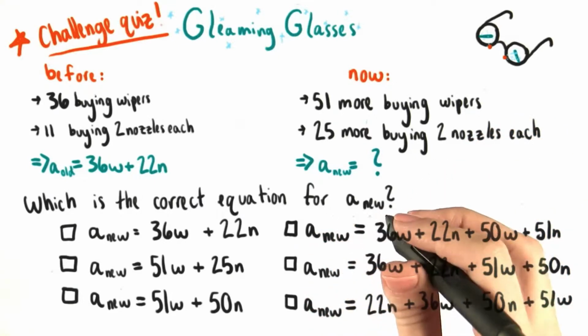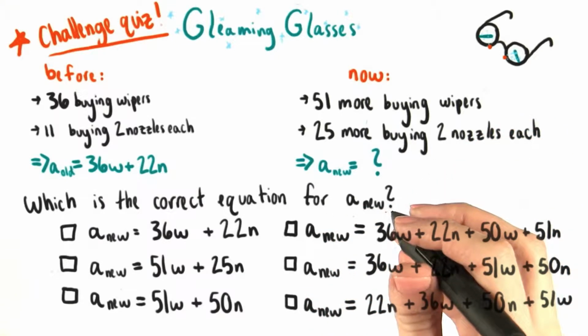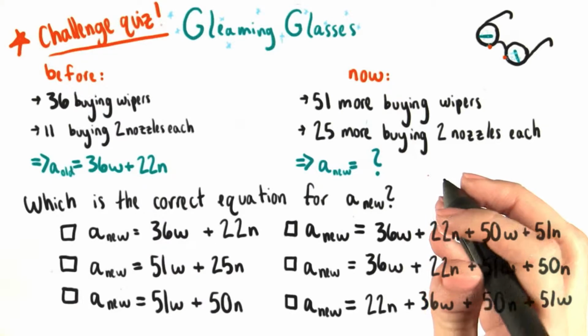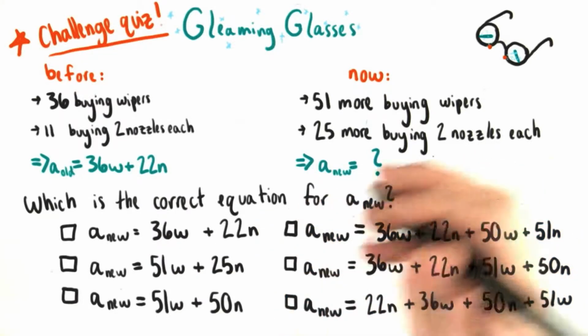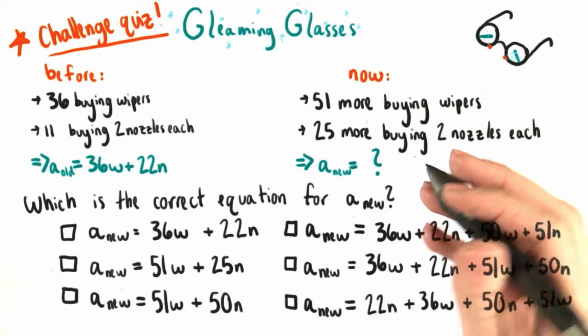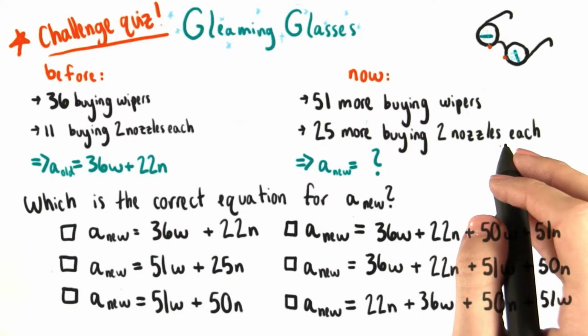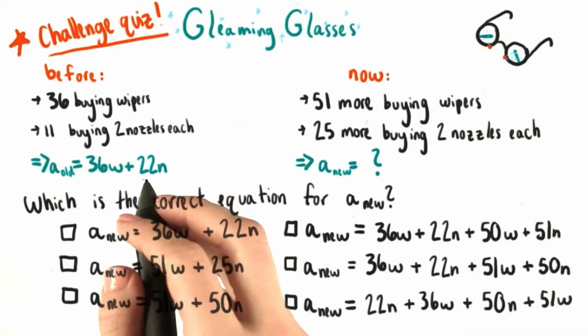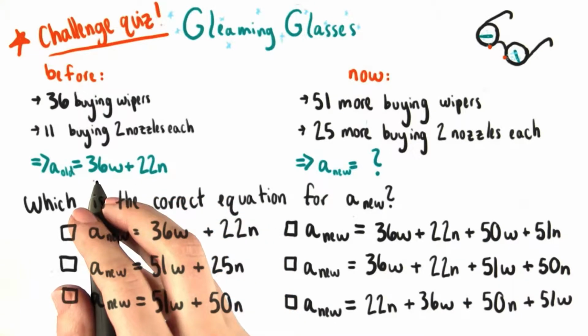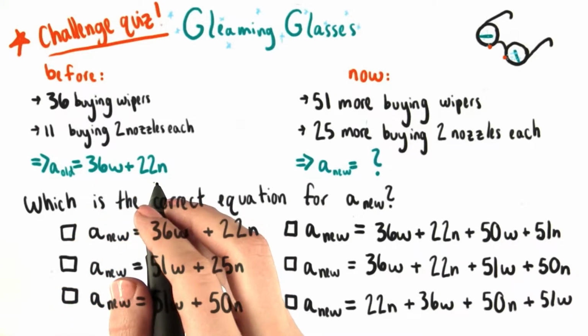So we want A new, what we're looking for, to equal the total amount of money that Grant can count on getting from his friends after the second day of sales. So that needs to account for the money from the people who bought on the first day and the money from the people who bought on the second day. We already know from this equation we came up with earlier that he'll make $36W plus $22N from the initial